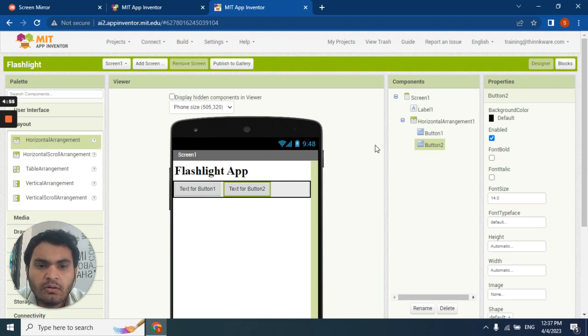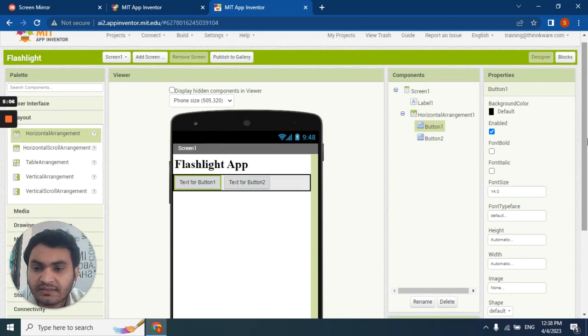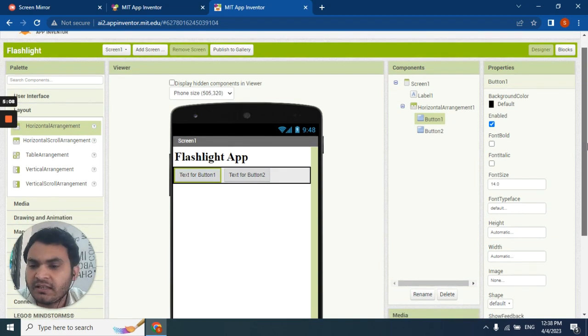Now we'll change the properties for button 1 and button 2. So click on button 1 and change the properties for button 1. Change the font size to 30.